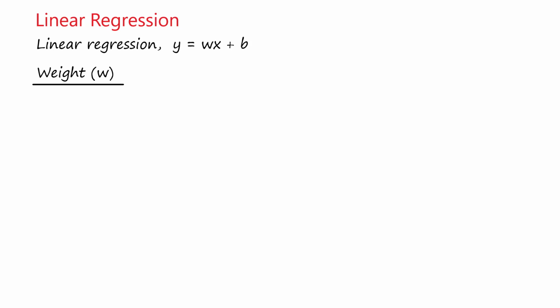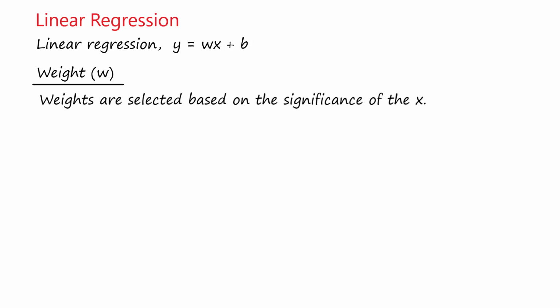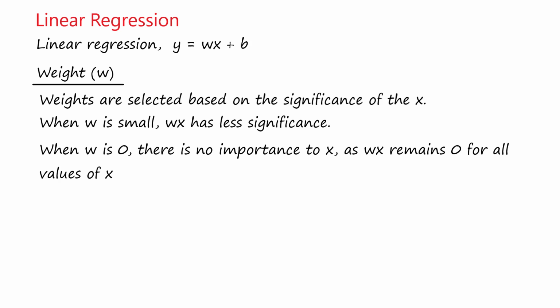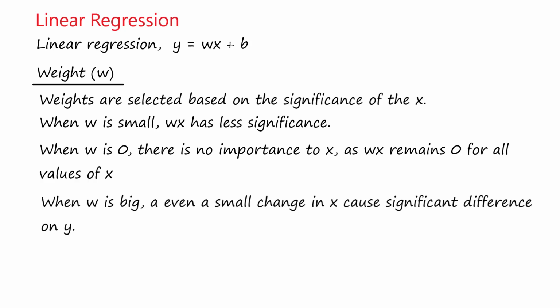Weight W, the drama factor. Think of weights as the spice in your curry. A little bit enhances the flavor. Too much sets your mouth on fire. If W is small, X barely matters, like whispering at a rock concert. If W is equal to 0, X has zero influence on Y. You can send X a $1 million text, Y won't care. If W is large, even a tiny movement in X sends Y flying off to the moon. Summary: W decides how much impact X has on Y.